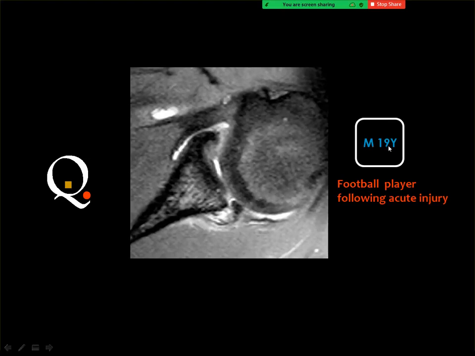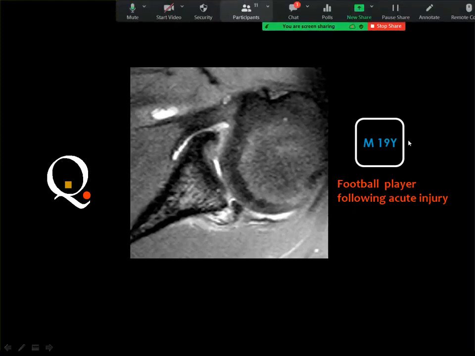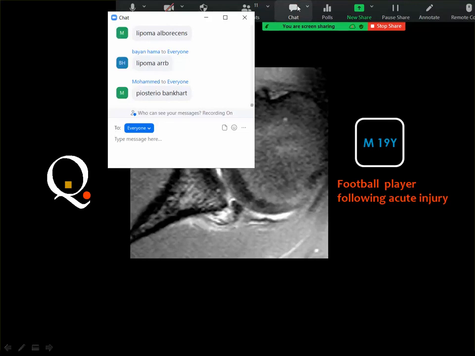And this is a male, 19 years old, a football player, who had acute injury to the shoulder. Posterior labrum, good answer, but